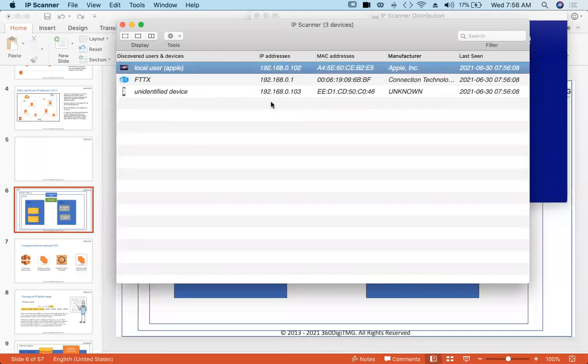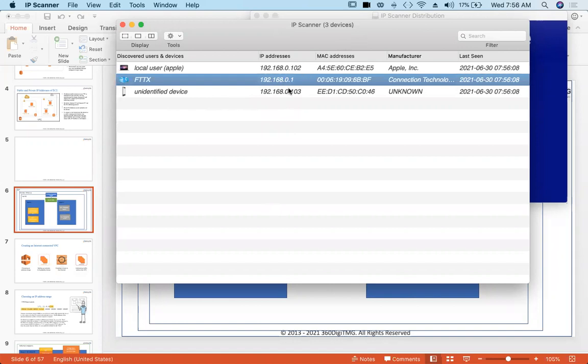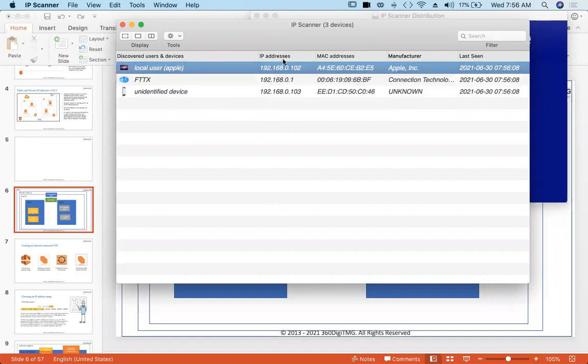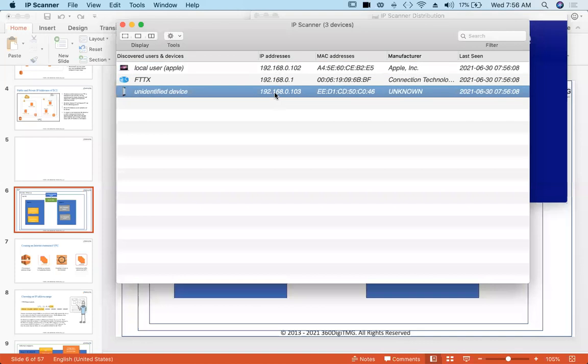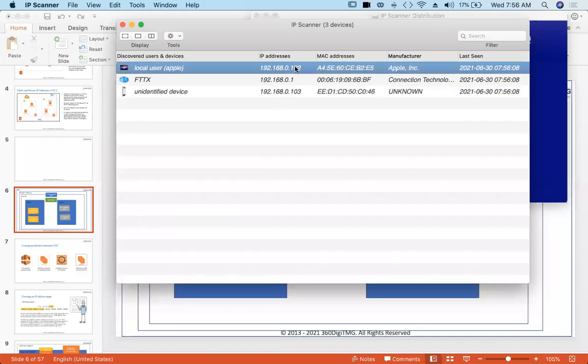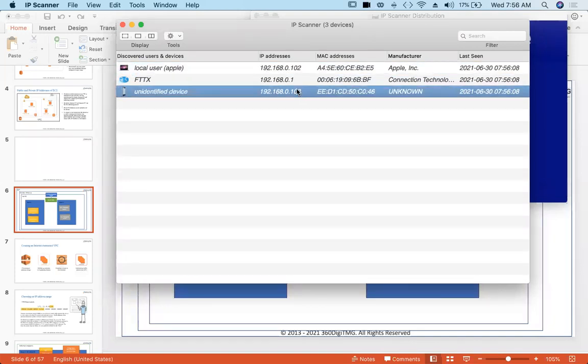Okay, say this is my router actually, and your router is assigning these IP addresses. If you observe, this is my laptop, this is my phone, and these are their IP addresses. If I add two more, I'll get IP addresses by changing the fourth octet, as 104 and 105.